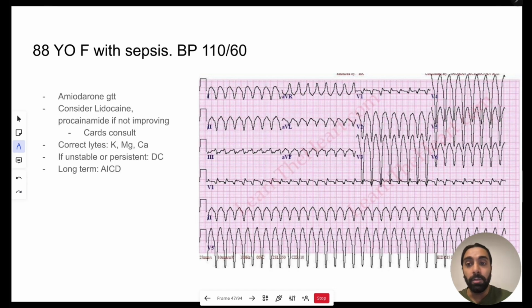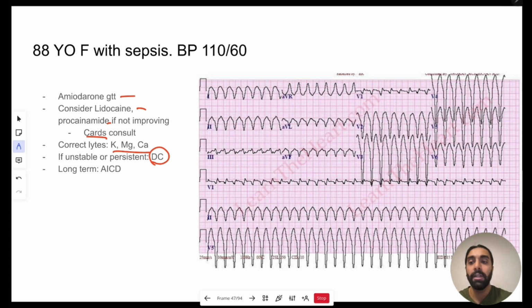If I'm working in the hospital in the middle of the night, an amiodarone drip or pushing amiodarone can be helpful. I'm getting cards on the phone and thinking about pushing lidocaine or procainamide. I'm getting a BMP, looking at electrolytes and correcting them if they're abnormal. And certainly, if you don't have any time, let's say they become hypotensive or they pass out and they're presumed